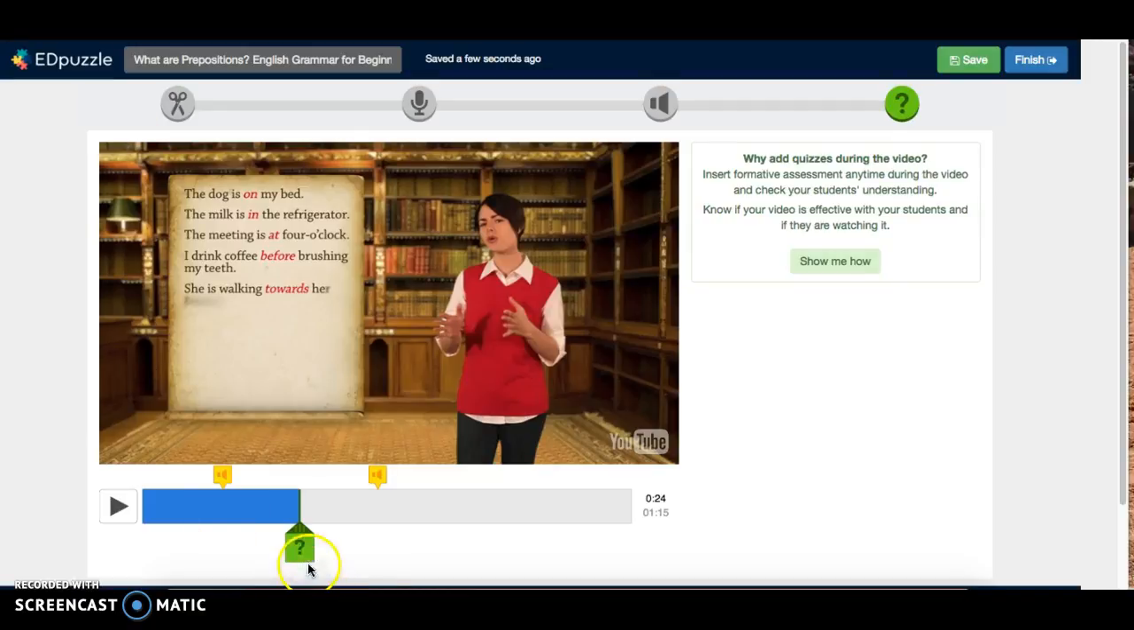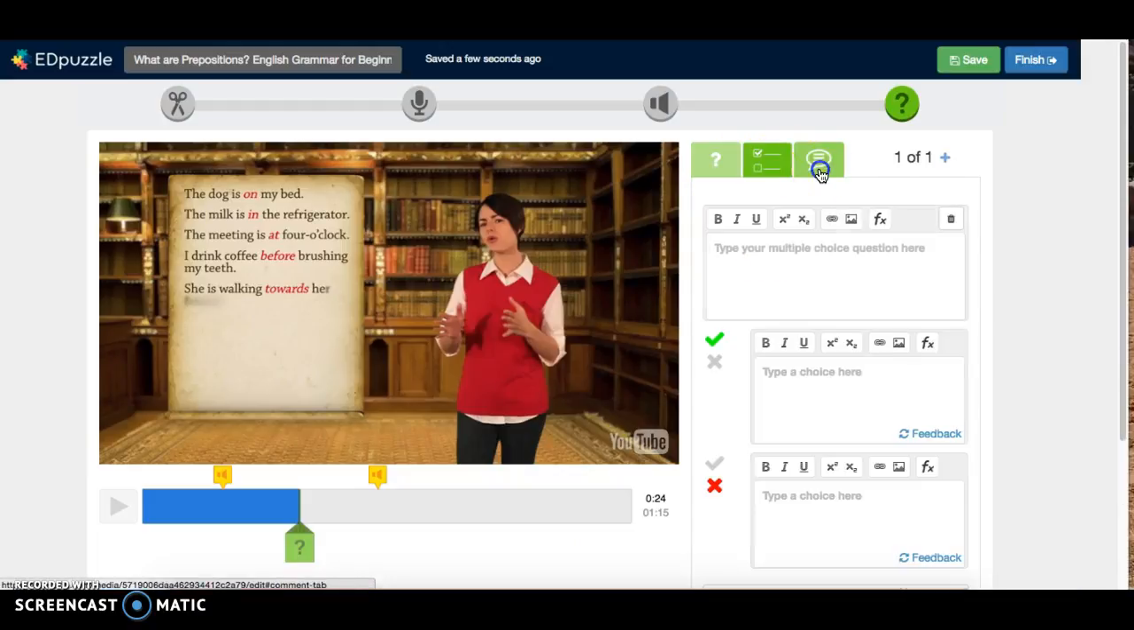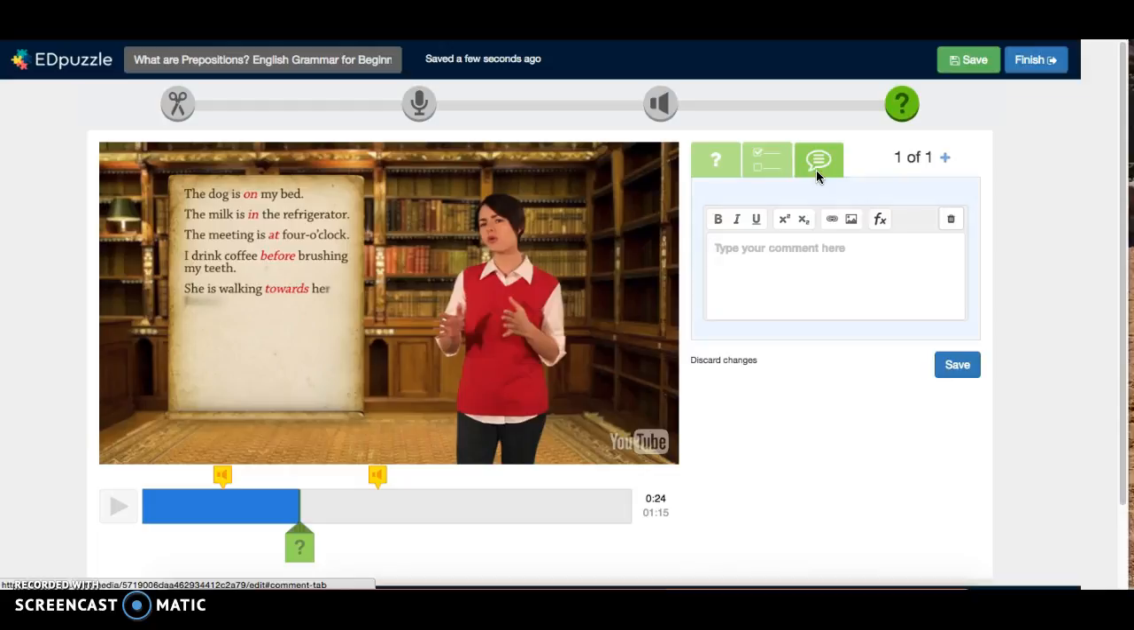So you'll create a question by clicking on the question mark down here, and EdPuzzle will give you 3 options. The first option is to create an open-ended question, a multiple choice question, or a written comment, which would be great for a rhetorical question. If I go back to the open-ended question, when students get to this spot in your video, they'll write in the text box. So you would ask your open-ended question,